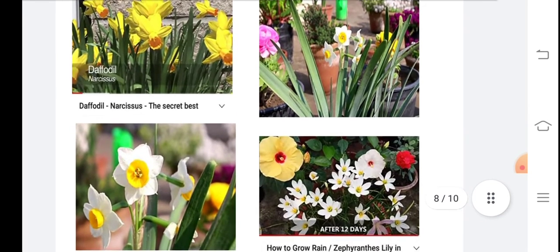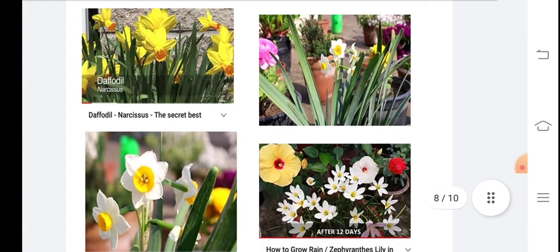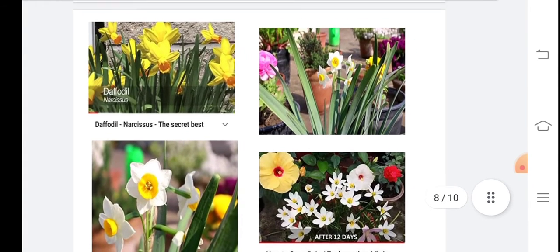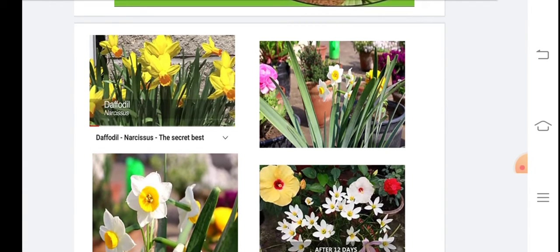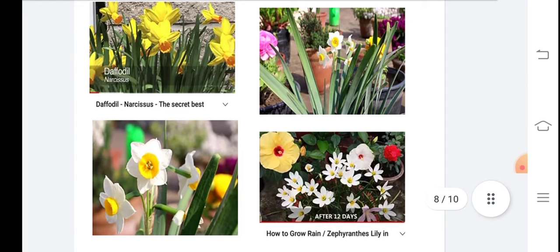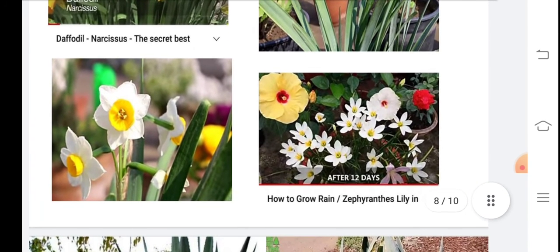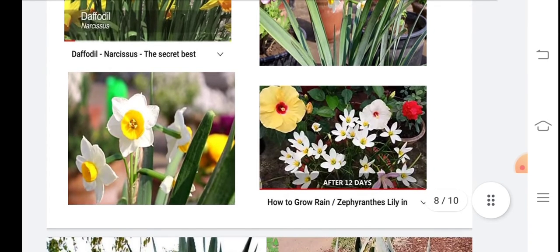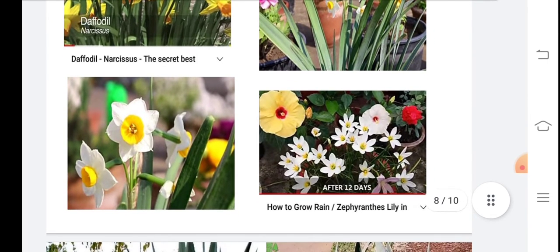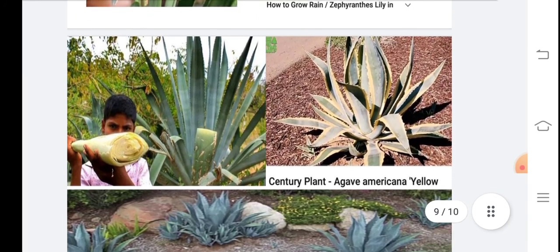Then daffodil is the American flower. The genus is Narcissus. It has good attraction. Then you see how the flowers are there. Daffodils, different photographs I have selected. Then in the right hand lower photograph, it is for Cyrtanthus. It is common in our region, right? So you see that this is a good one, and you remember this Narcissus flower. It is a very attractive flower.